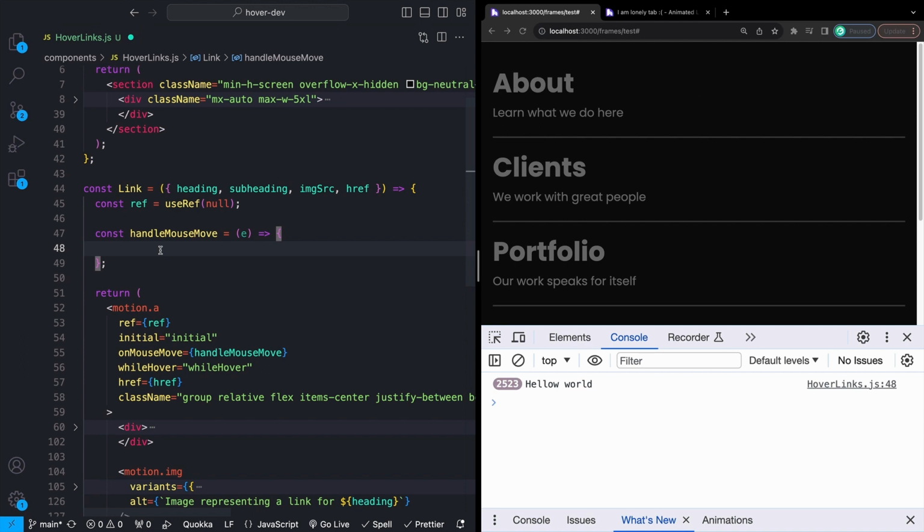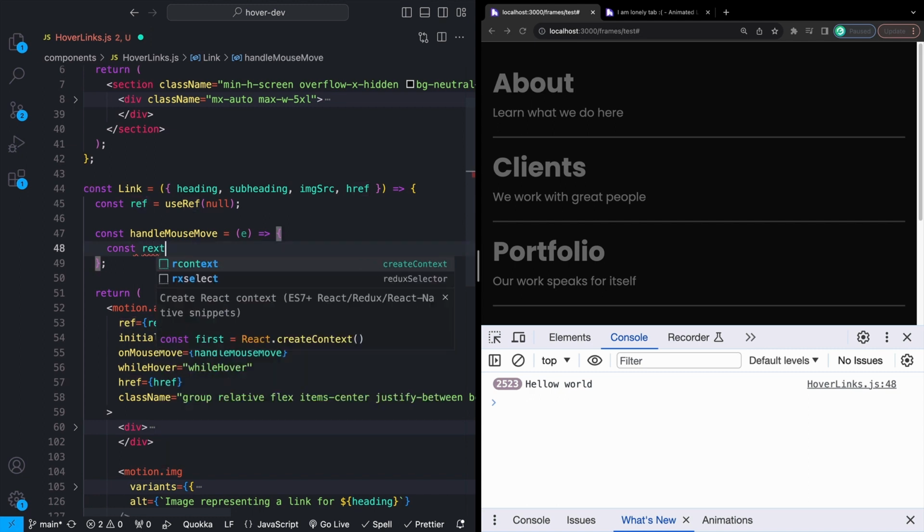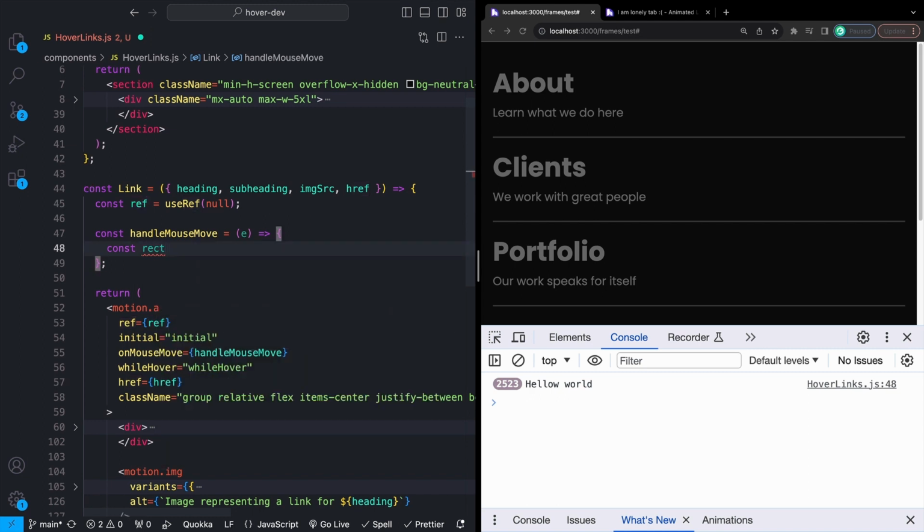I'm just going to start pulling out some of the numbers so we can see this coming together, because it is pretty hard to just explain all at once. So the first numbers that we're going to need are the width and the height of the rectangle that makes up each one of these boxes. So the way that we're going to get that is using this ref that we defined a minute ago. It's what I was trying to get at there. And we can just say const rect, for rectangle, is what I'll normally call it, and set that equal to